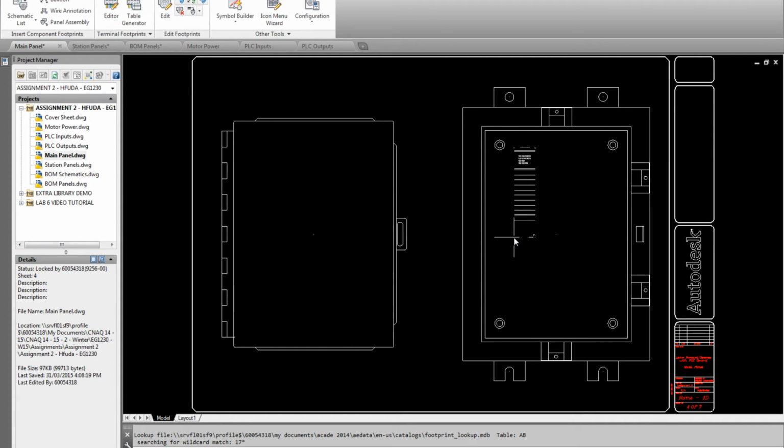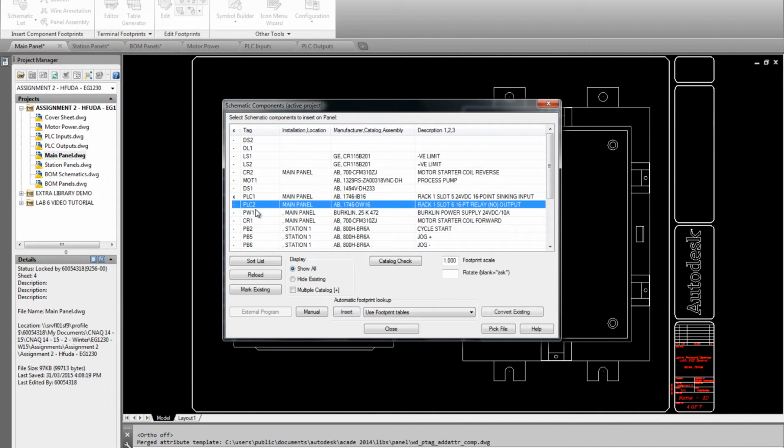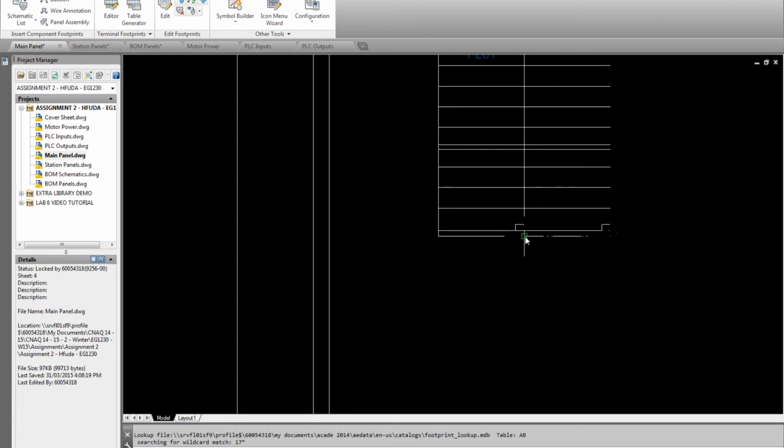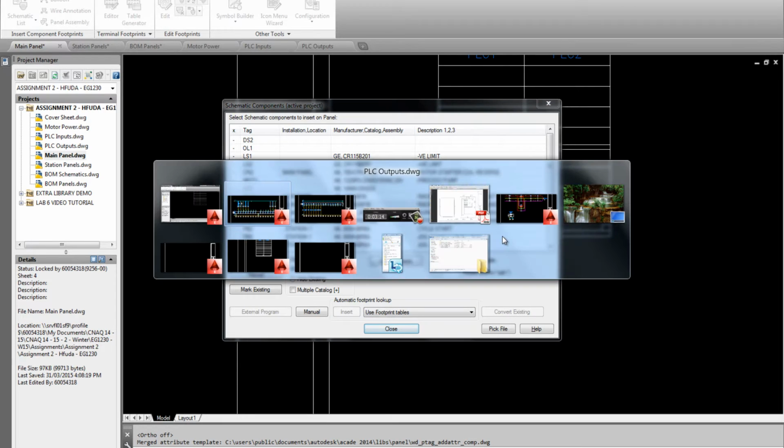And as I said before, this is the actual PLC modules that we have in the PLC's lab. So this is very close to what we are doing in the lab and what you will see in your DP courses. So you click again once and then click again, saying you don't want to rotate, and just say OK. Let's do PLC2, insert, and make sure that your snaps are turned on and snap to the lower right edge of the existing module. Enter. OK,